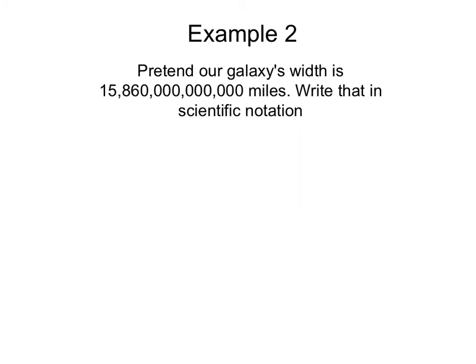Now let's try another example. Pretend the width of our galaxy is 15,860,000,000,000 miles wide. Write that in scientific notation. First, we need to move the decimal point 1, 2, 3, 4, 5, 6, 7, 8, 9, 10, 11, 12, 13 places to the left to get